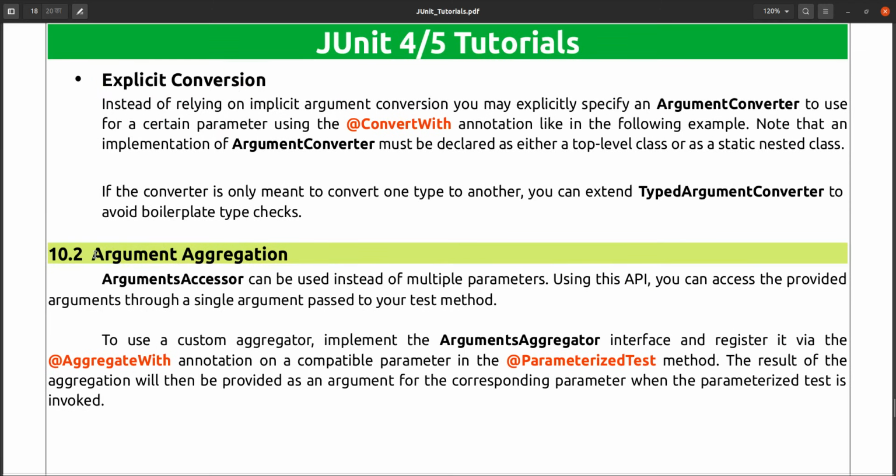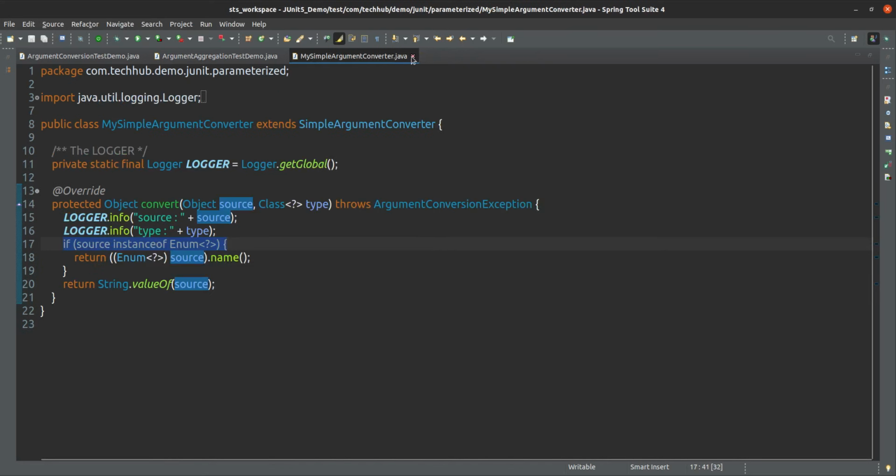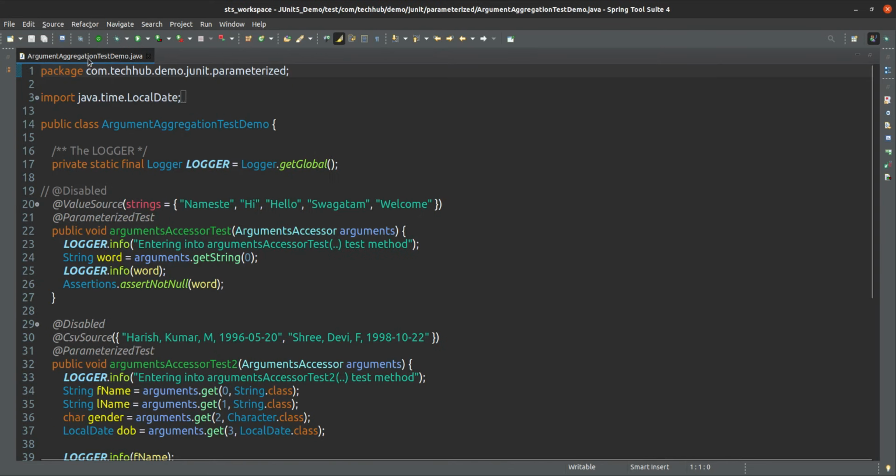And okay, the next one is argument aggregation. What is argument aggregation? Argument accessor can be used instead of multiple parameters using the API. You can access the provided arguments through a single argument passed to your test case. How is it possible? See, currently here if you see